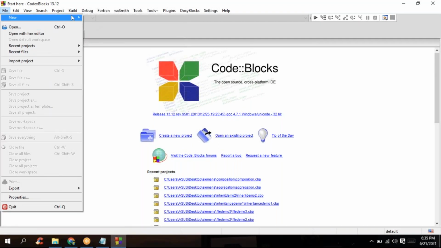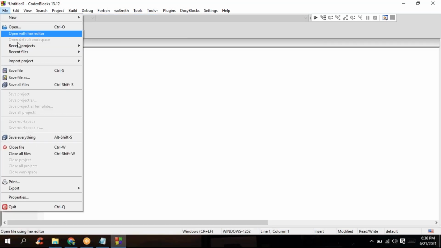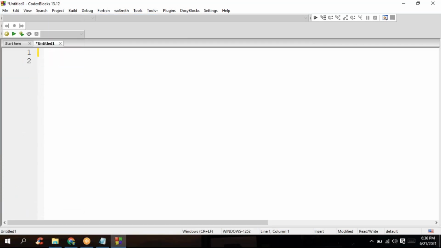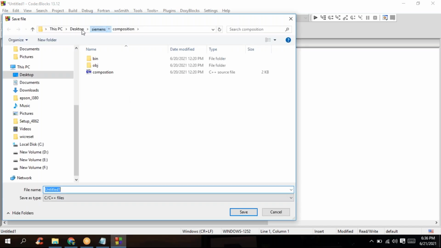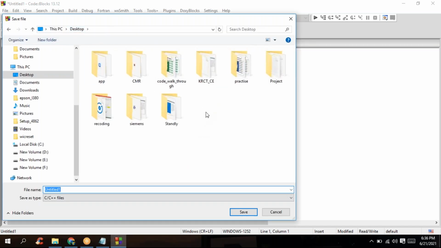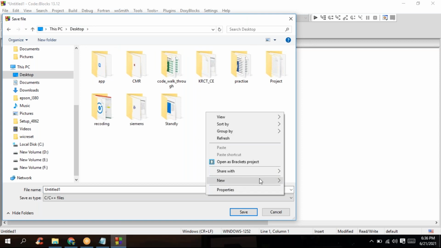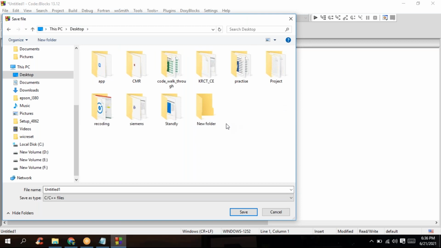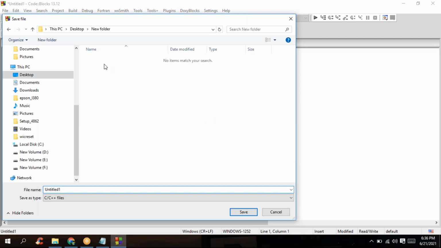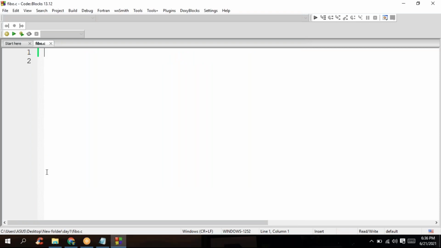Fine, new empty file. Let me save this. Just a minute, guys. The previous session is there, so let me create a new folder for you people for these 6 days of training. Let me name it later. Today's day 1 program, whatever you're doing, I'll put in a separate file. You can name it fibo.c. Okay, let's start doing it here, guys. Listen here. First, let me write the skeleton of it.